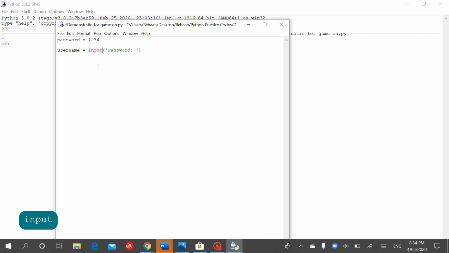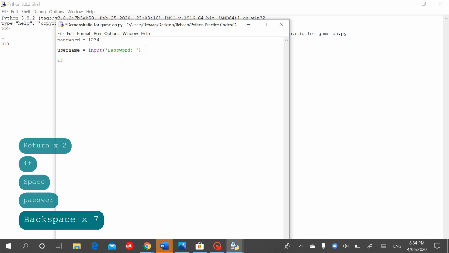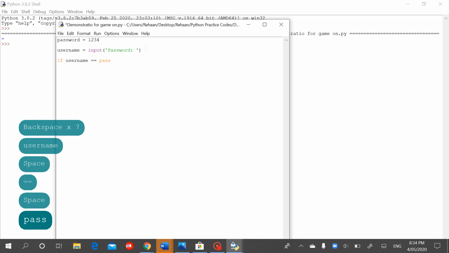Now let me go to the new line, and now we're going to start our if condition. So we're going to do if username is equal to password,